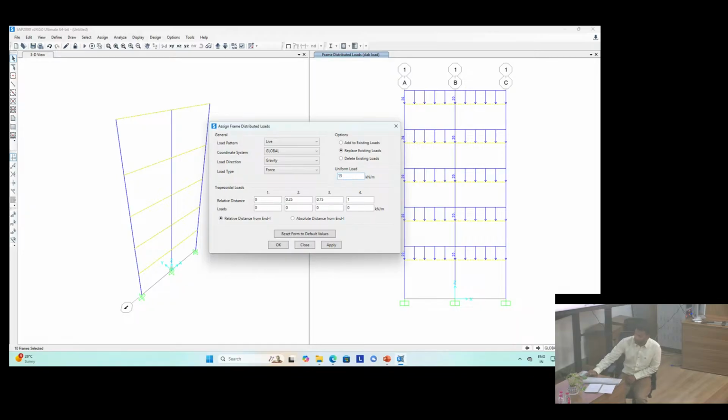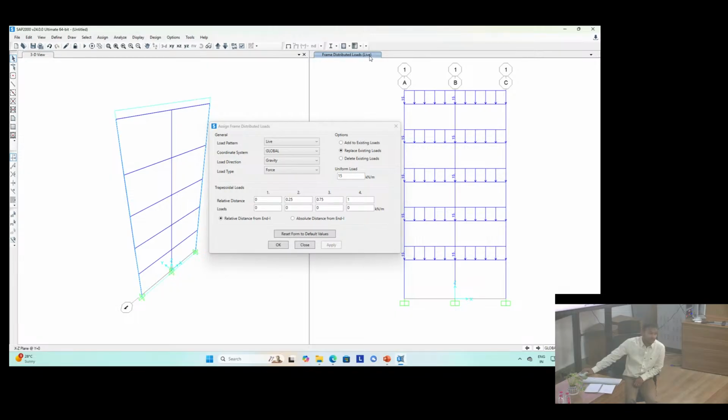So I am giving 15. Okay. So you can see the load has been changed, and here you can see frame distributed load,